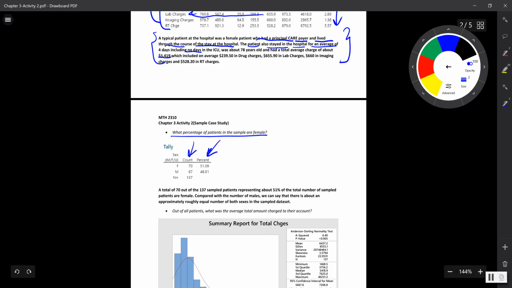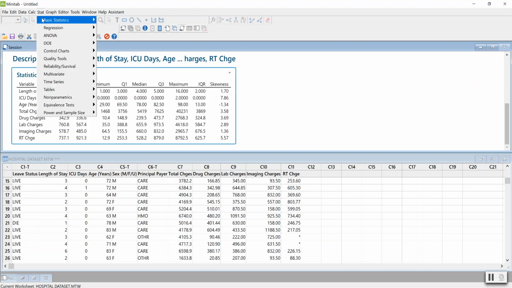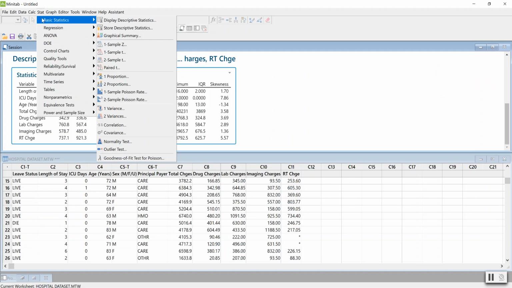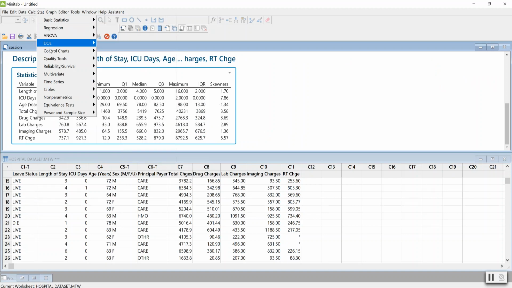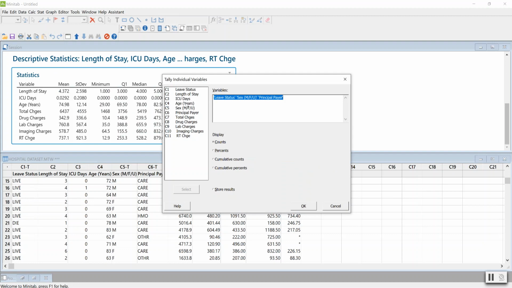Can you generate the relative frequencies? So let's see. In order to generate this, I will go back to my Minitab and I would like to do some analysis on the variable sex. So I'll go to Stats and I want to generate counts and percentages. So I'll go to Tables, Tally Individual Variables, and all I want is just the variable here, which represents gender,